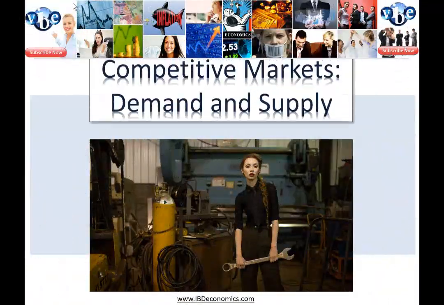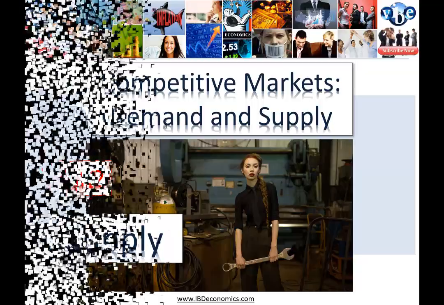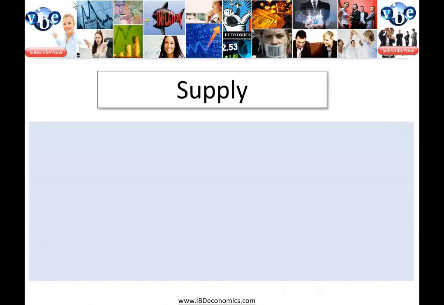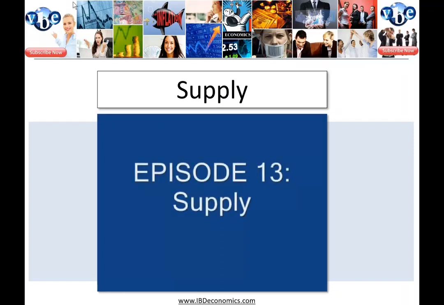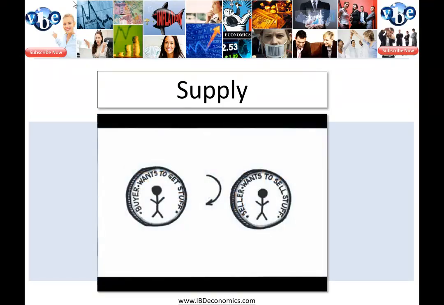Okay, welcome to today's lesson, and this is a supply topic. In this topic, we're looking at firms and the goods and services they supply to the market. Intuitively, the analysis of supply is very much like the analysis of demand. Really, it's just looking at the flip side of the same coin. Let's look back at the key points of demand and then turn those concepts around to apply them to the seller instead of the buyer.